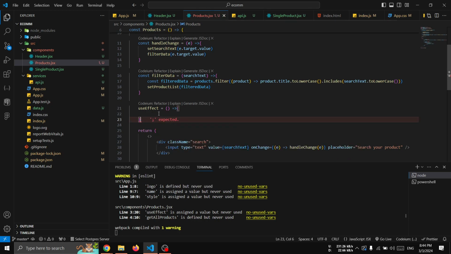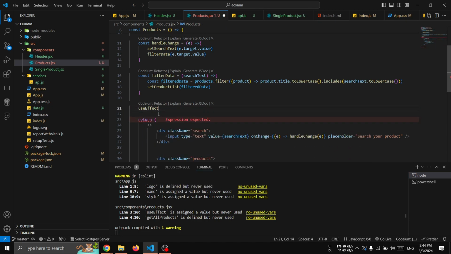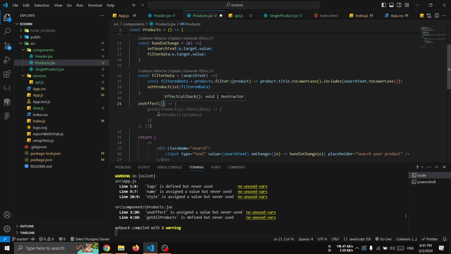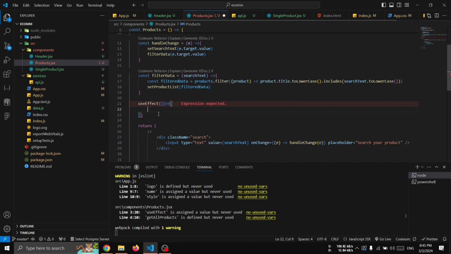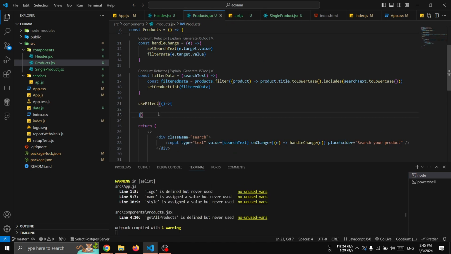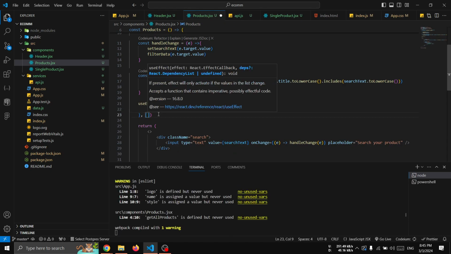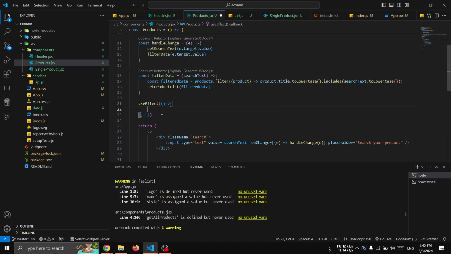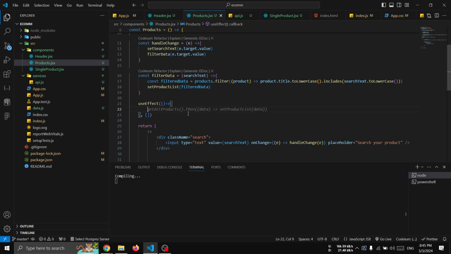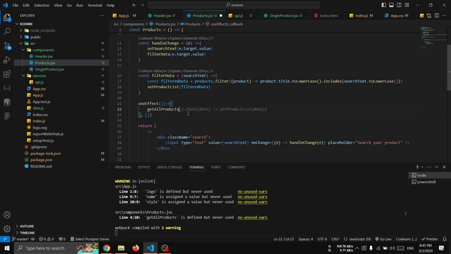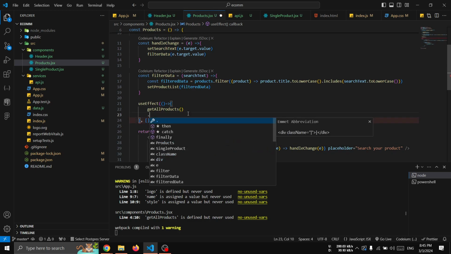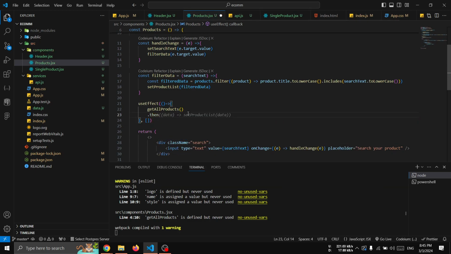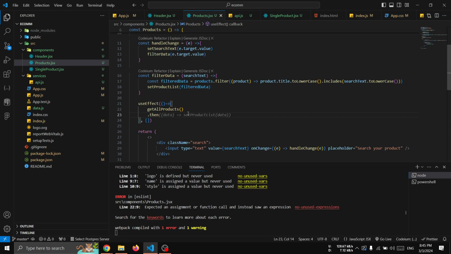Sorry, I made a mistake. We have to write it like this, and here will be the dependency array, and here we'll call get all products. If it is a success, then it will come here. It is just like if else. If it is success, then